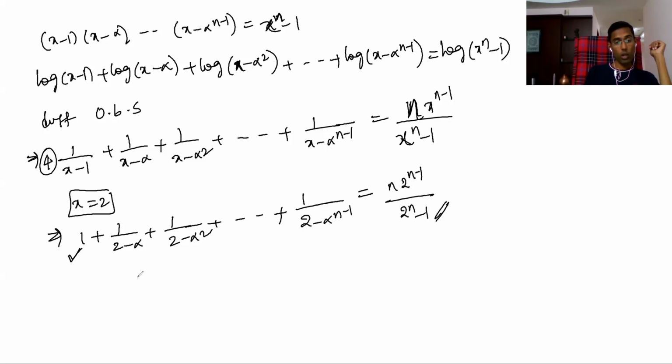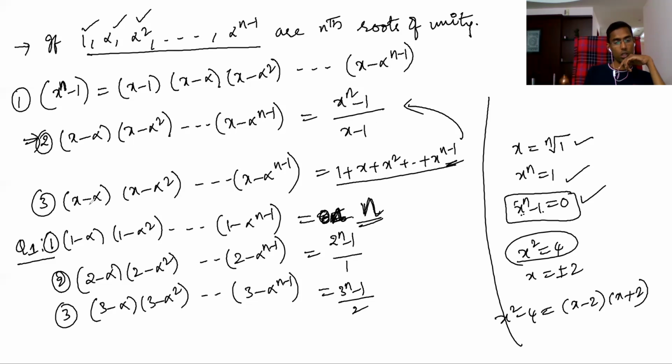Okay, what about if you put x equal to 1? If you put x equal to 1, what happens? You can put x equal to 2, I put here, you can put x equal to 3 also, 4 also, 5 also. So here the question is, see here, x equal to 1 means in this you cannot substitute x equal to 1. In the second you cannot substitute x equal to 1. X equal to 1 means you have to substitute in the third.